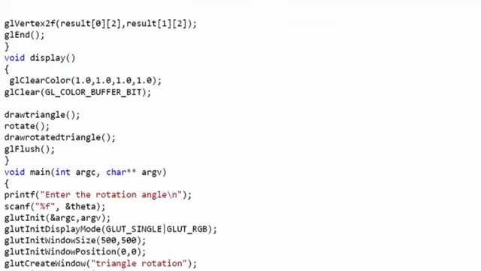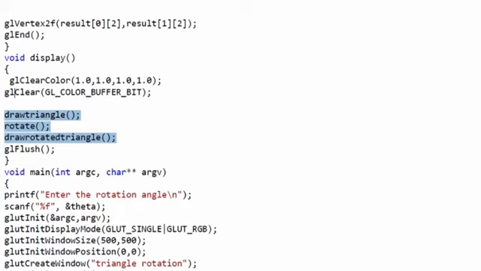Same thing, x axis loop from 0 to 1, y axis 1 to 1. Then x-axis from loop 0 till 2. Okay, so this is the rotated triangle.